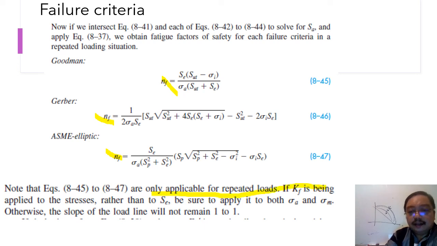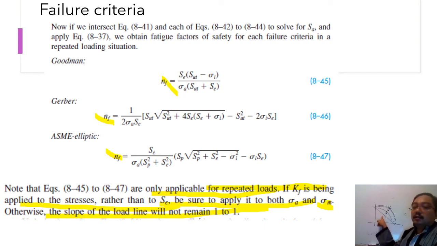If KF, the stress concentration factor, is being applied to stress rather than endurance strength, we should apply it to both alternating stress and mid-range stress. Otherwise, the slope of the load line will not remain 1 to 1. Okay, 1 to 1. This is the slope. So if you put the value, you can get more or less the same, not the same, but slightly different values, but all showing the failure criteria